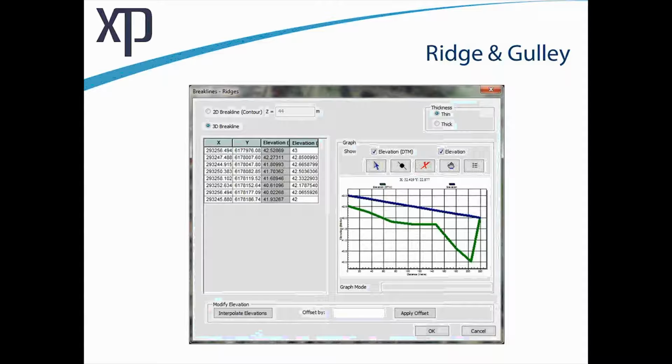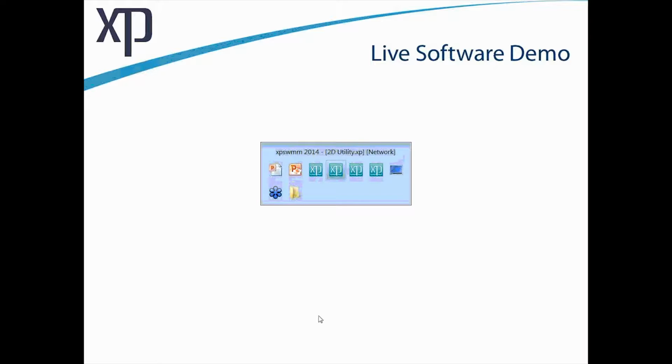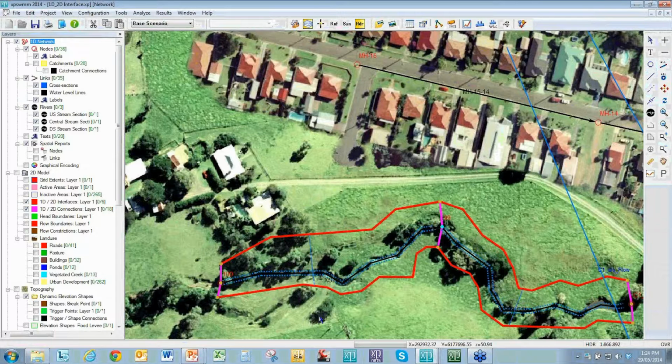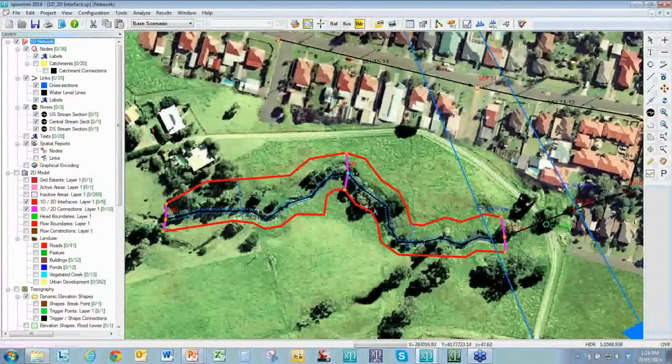So it's really nice to just have these features to be able to see what's actually going on in your model. I'll go back into the software now, and we'll just use this example here where we've got a section of 1D river channel within a